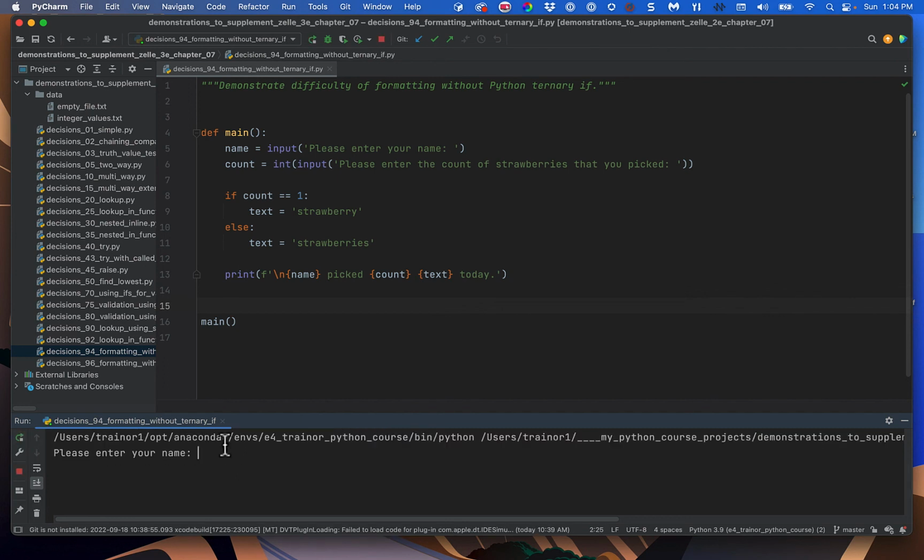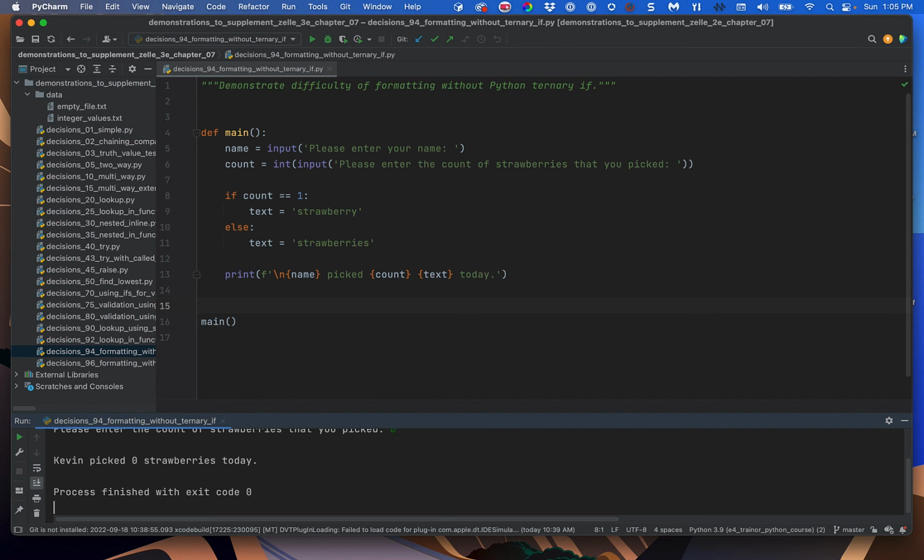And the one that eludes some people is when it's 0, because we use the plural name for that, which is, what the rationale for that is in proper English, I don't know. So let's say Kevin again, and let's say 0. And now it says Kevin picked 0 strawberries today. So that behaved the right way, but